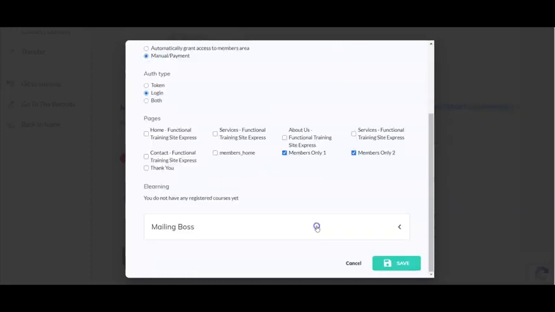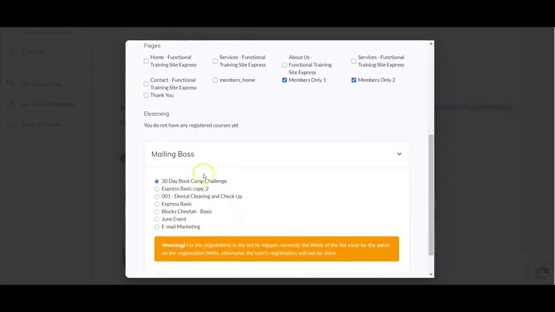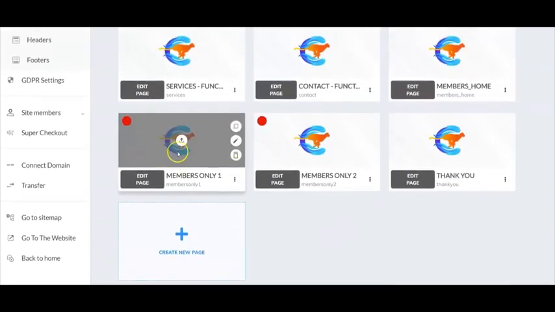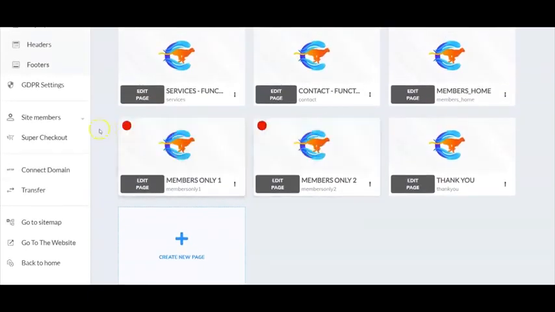Now next, you're going to want to add a mailing list to Mailing Boss here. Now again, down here at the bottom, it's important that you understand that the fields on your mailing list should match up to the membership questions on your website. Okay, so now that we understand how to set up the restricted area,